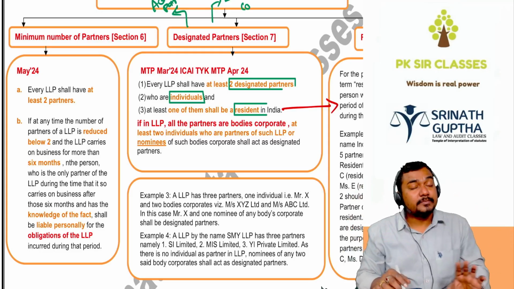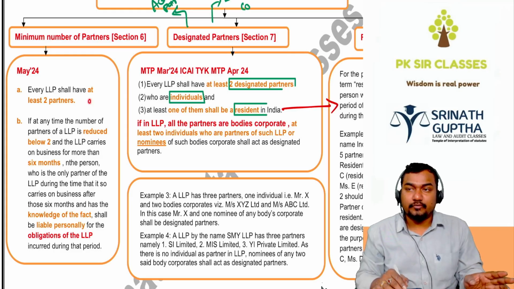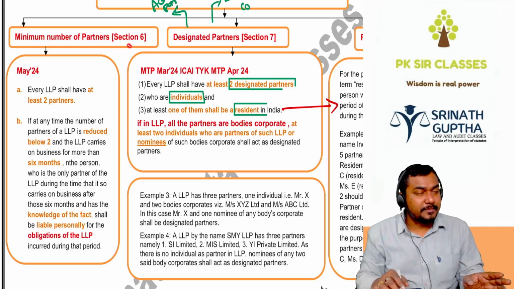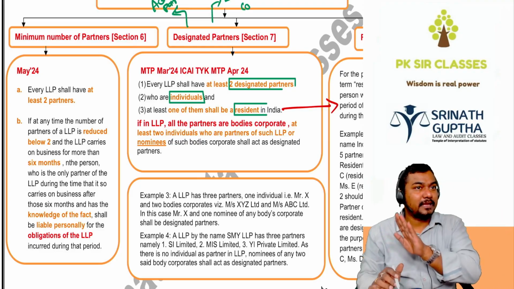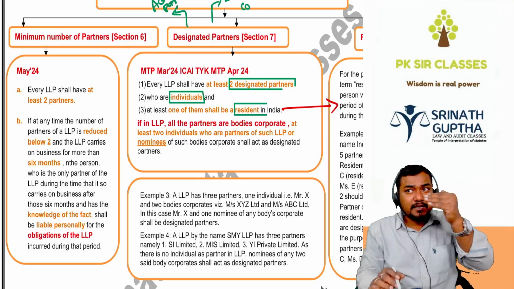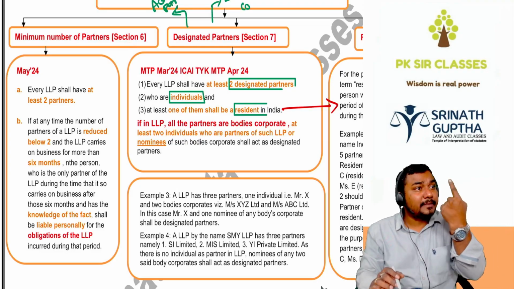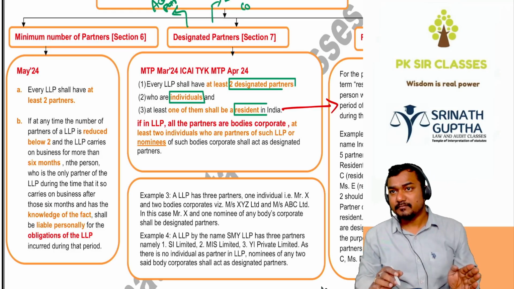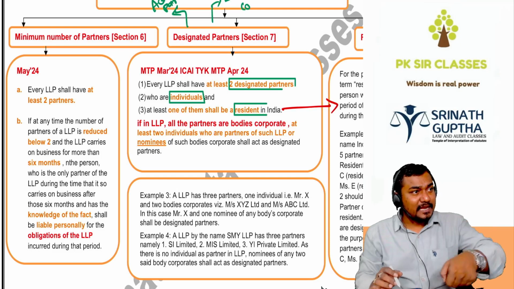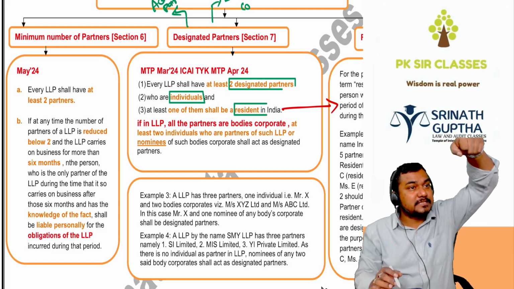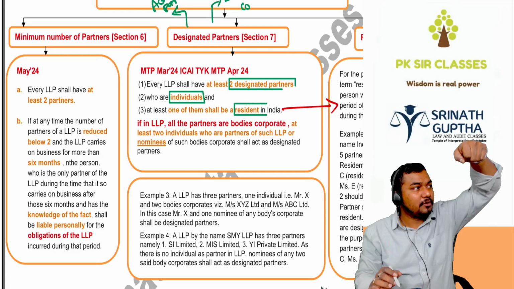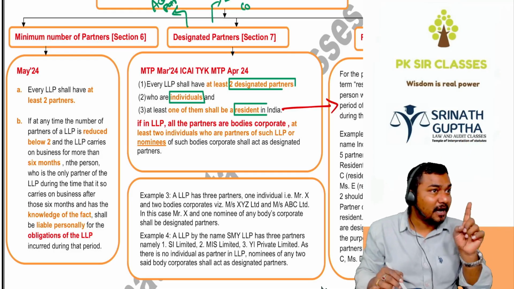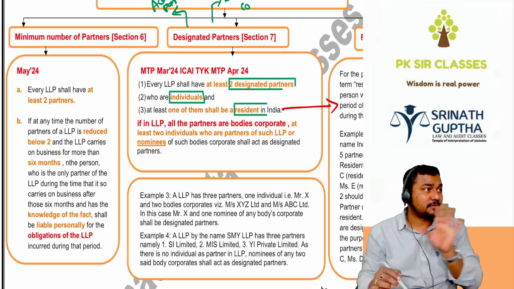So there must be a minimum of 2 partners to form the LLP. Then Section 6 will be satisfied, you will be happy, LLP will be happy, everyone will be happy. If the number of partners is reduced below 2, the partner becomes a single person. Yes sir, no sir, the Act will give 6 months time. After expiry of 6 months, the LLP will be lifted. Such a single partner will be personally liable for the activities of the LLP. This practical question came in the exam, not a direct question.